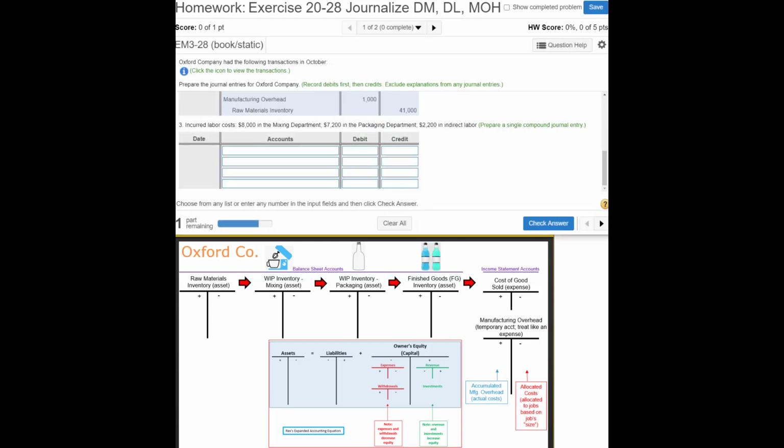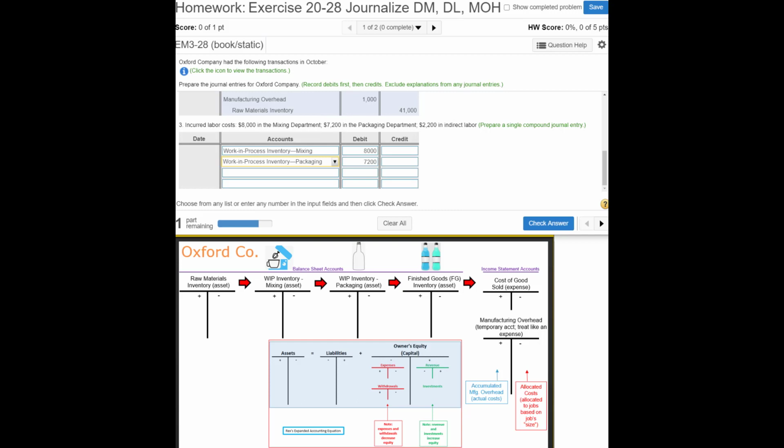Next, we incurred labor costs, $8,000 in the mixing department. So this must be direct labor, since it's going to the mixing department; it increases with a debit. So work in process mixing, and then we've got 7,200 to the packaging department, so that's going to increase on the left side, the debit, 7,200,